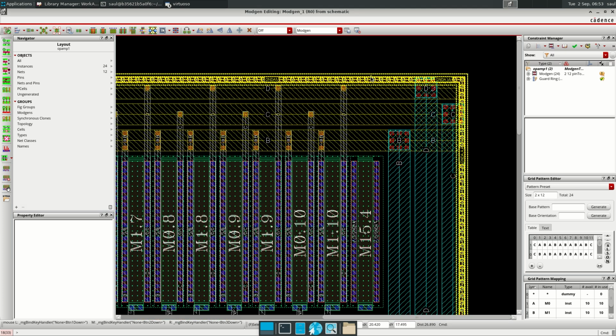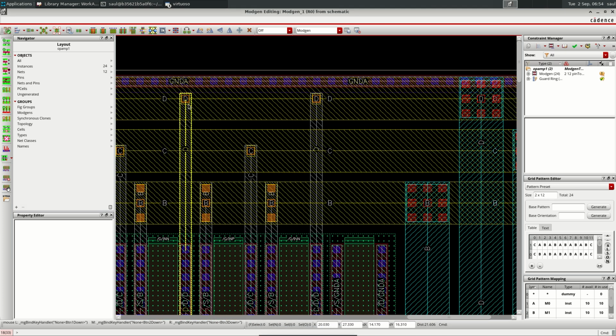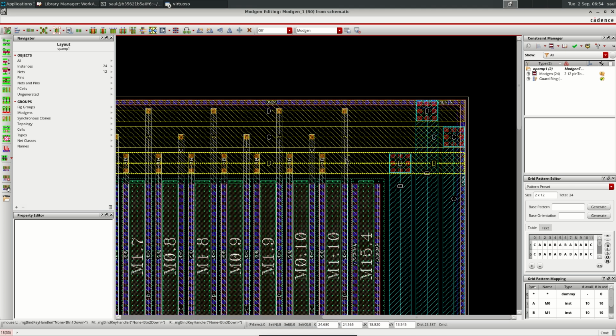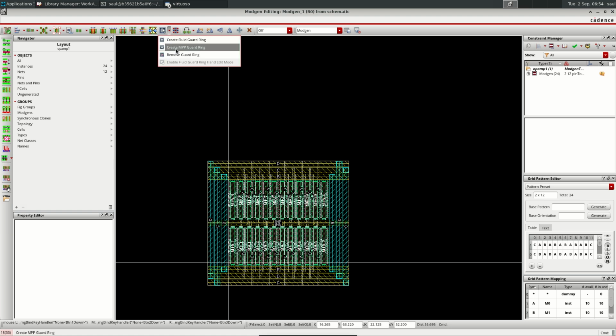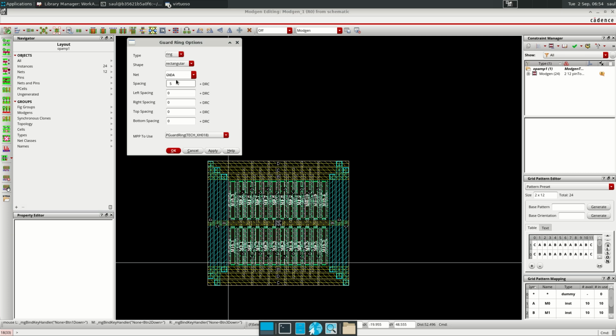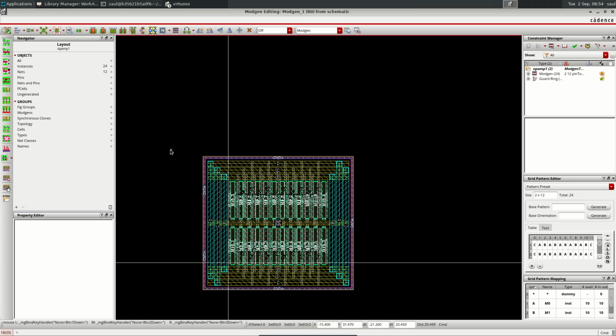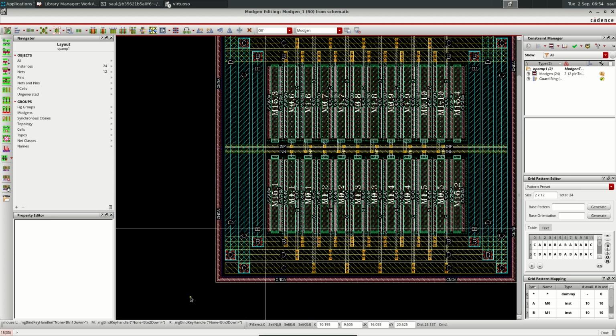A little bit better. They still are being very close to the metals, so maybe I need a little bit larger. Let's see. Let's put it in 6. Okay. So now I have my ground ring here,